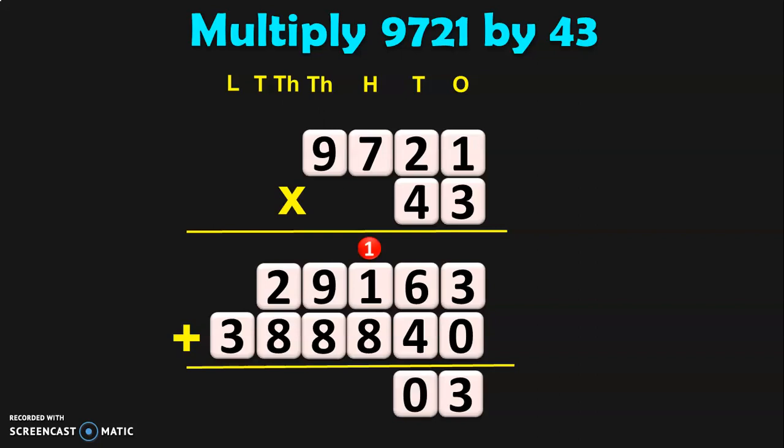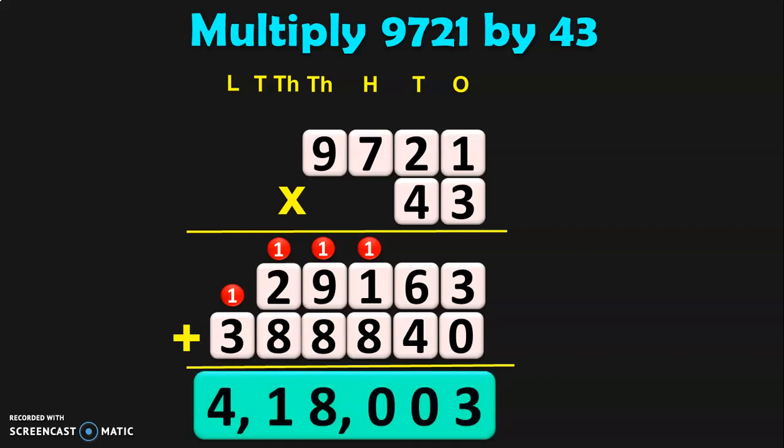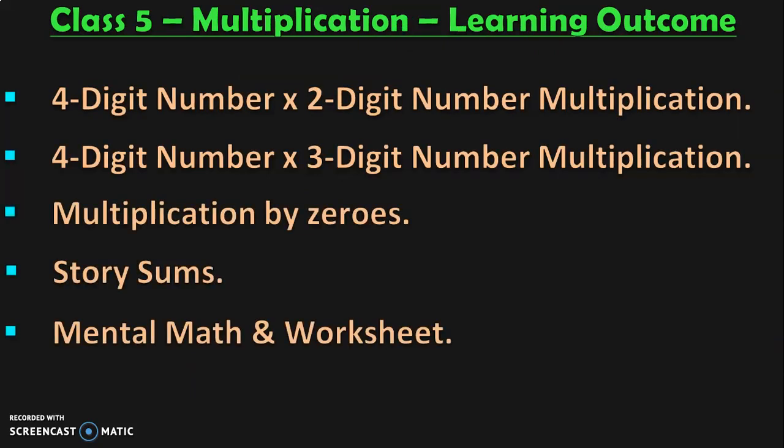2 plus 8 is 10. 0 carry over 1. 1 plus 9 is 10. 10 plus 8 is 18. 8 carry over 1. 1 plus 2 is 3. 3 plus 8 is 11. So 1 carry over 1. 1 plus 3 is 4. So the answer is 4,18,003. Dear viewers, these are all the learning outcomes in class 5 under the topic multiplication, of which I have